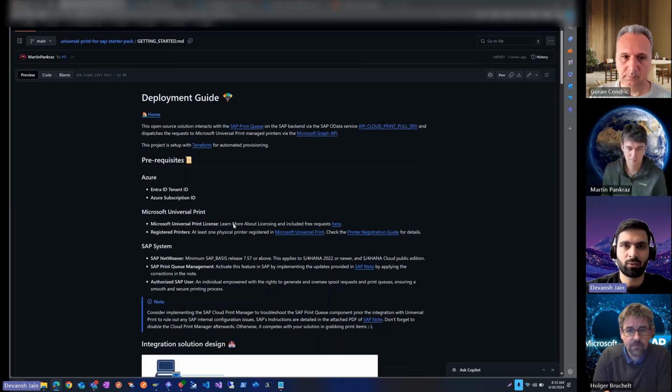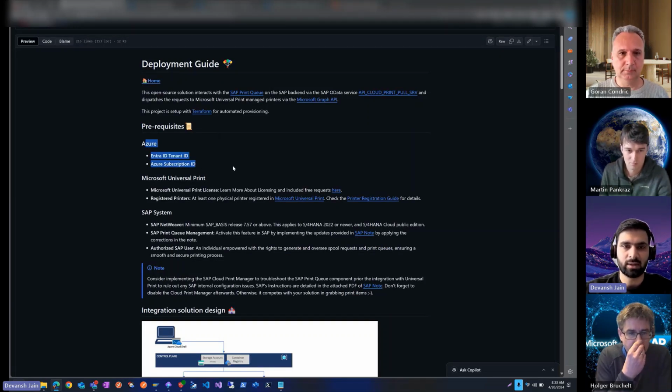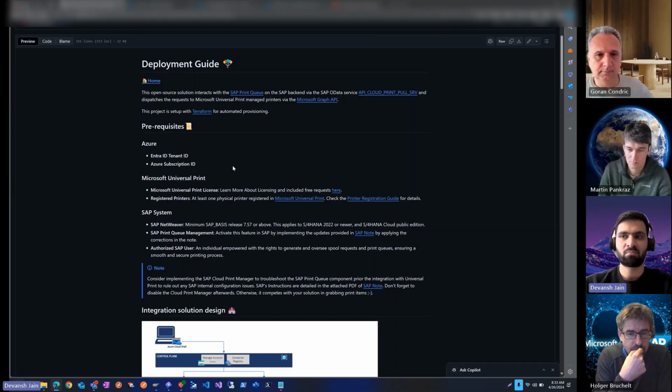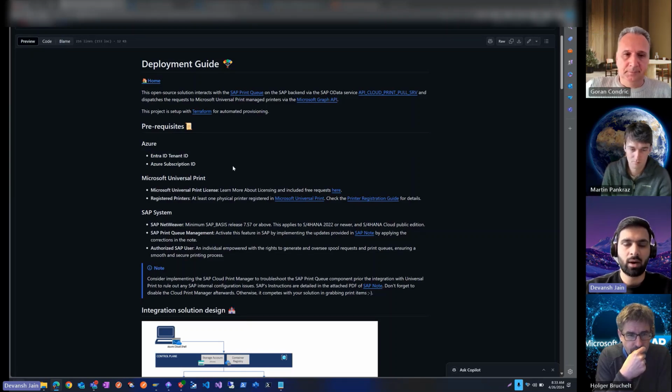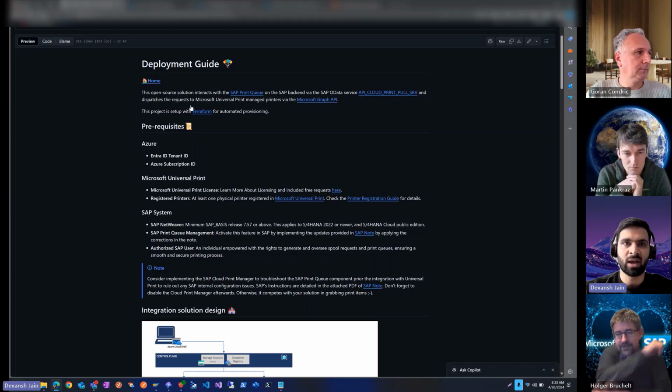I can divide those prerequisites into 3 parts. First, Azure, the basic things. You need to have a subscription ID and an Entra ID, and then Universal Print. This is an Azure native service. So once you have